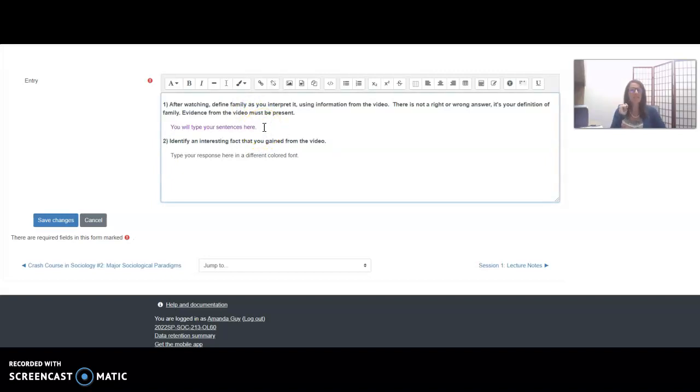And see, then you can visibly see on your screen the difference in the color of my questions and the color of your content that you have answered. Once you have done that and it's formatted correctly and you've got enough response there, you're going to hit this blue Save Changes button. Once you do that, that submits your journal entry, and you're done with that activity.